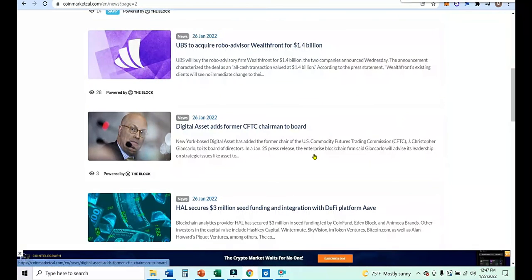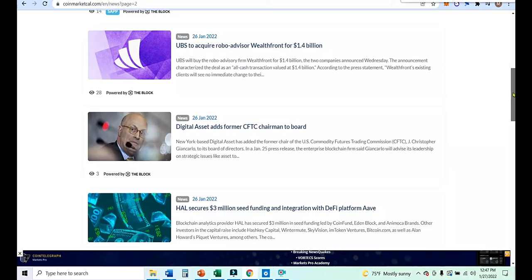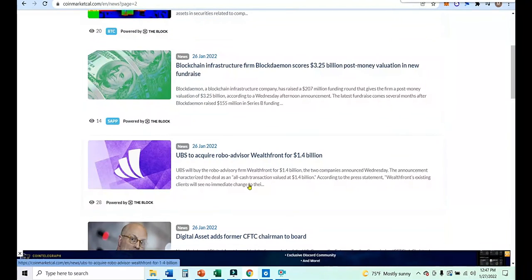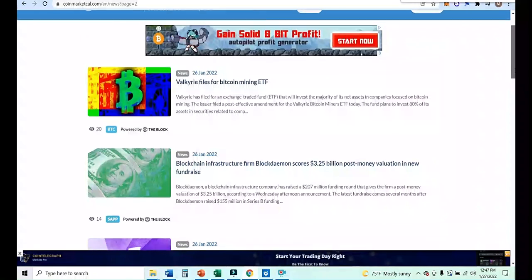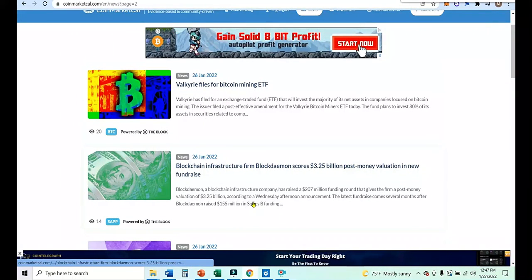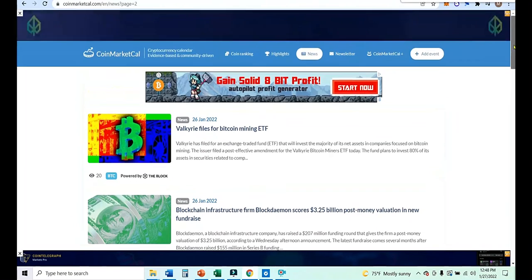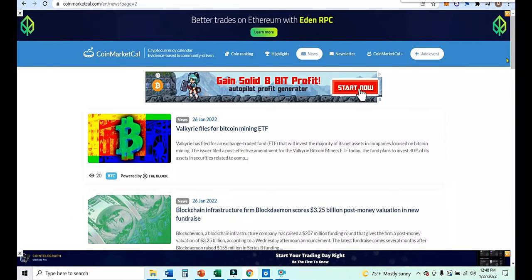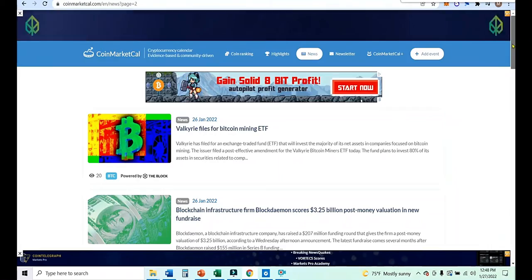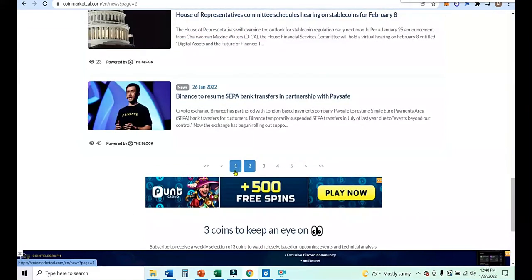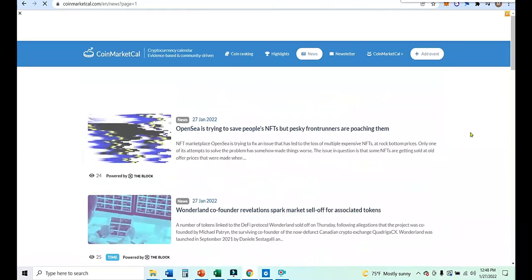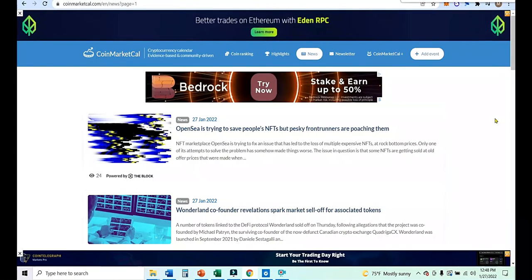All right, so Digital Asset adds former CFTC chairman to board. Great. UBS to acquire robo-advisor Wealthfront for $1.4 billion. Blockchain infrastructure firm Blockdaemon scores $3.25 billion post-money valuation in new fundraise. Wow, insane. All right, and then Valkyrie files for Bitcoin mining ETF. So if they're not getting the actual Bitcoin ETF, they're looking for all other types of ways to group